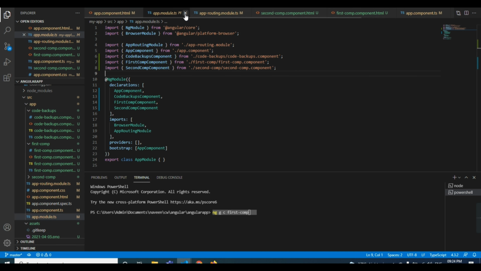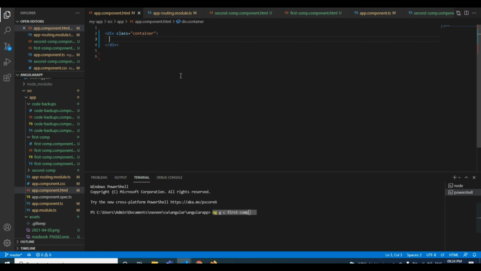Coming to the code, I will show you. First I will take a div with class row, and inside it a div with class col.